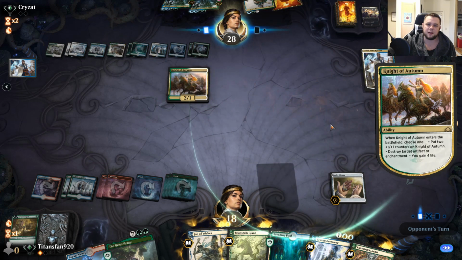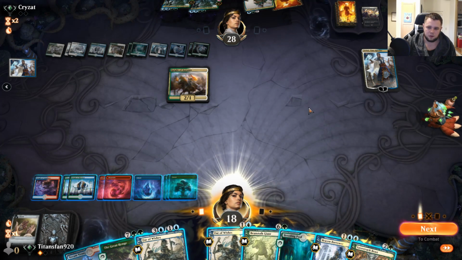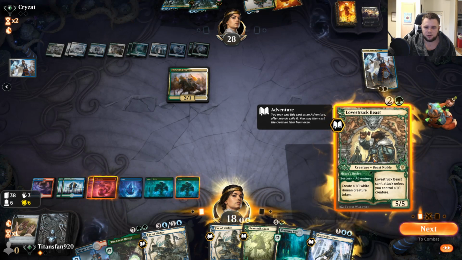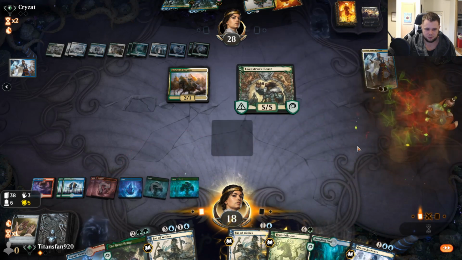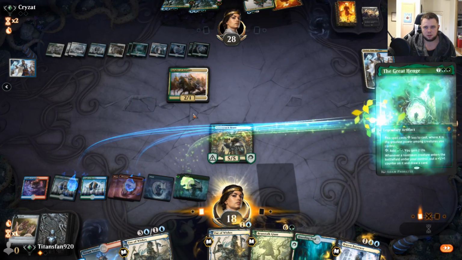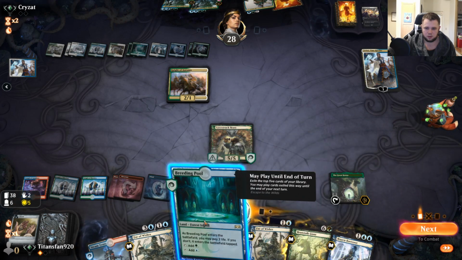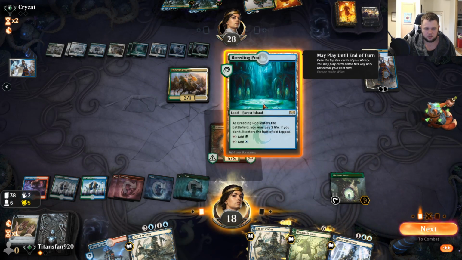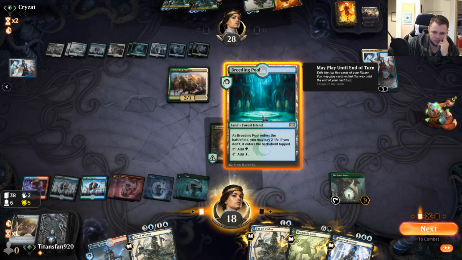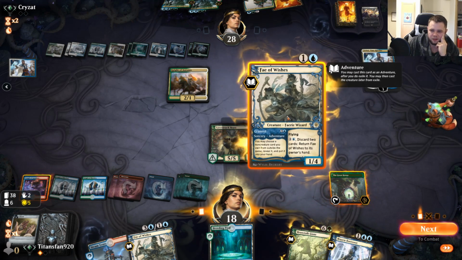Knight of Autumn, destroy that. Their hand's been gas, I'll give them that. Fae of Wishes. Let's go and play this first. Play a Hinge. Man, this is just really awkward, isn't it? We still have 4 mana technically, so...